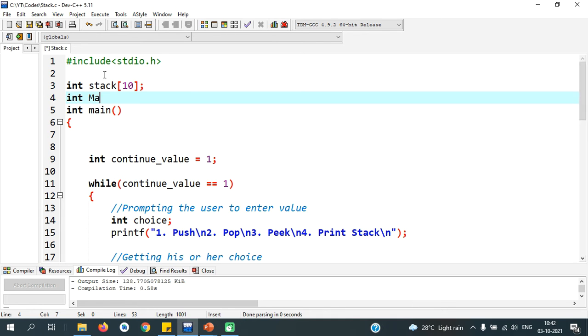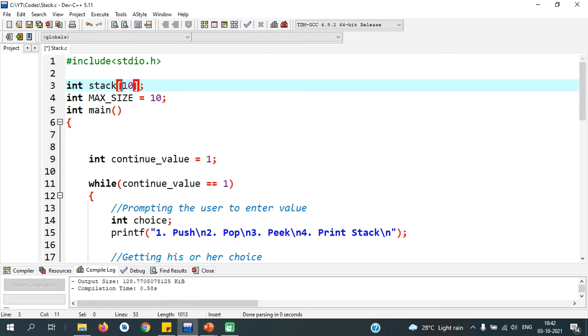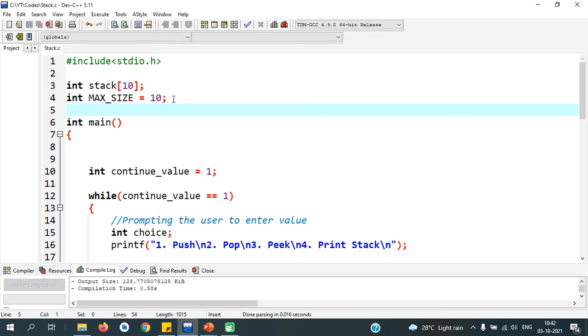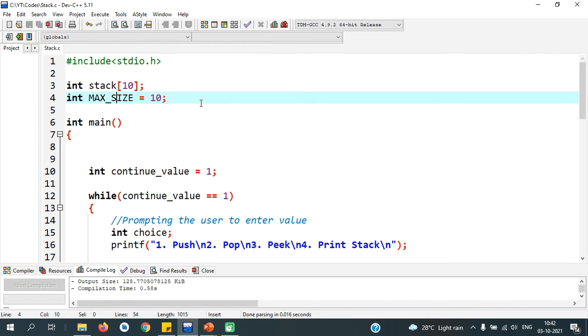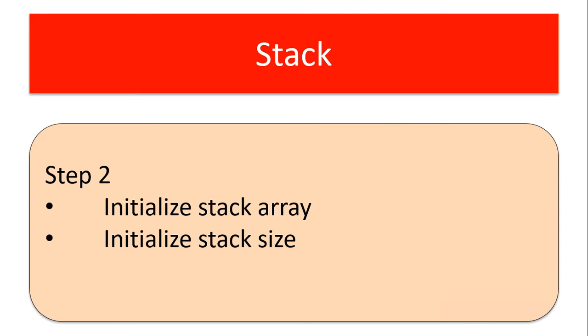Int max size equal to 10. So this 10 is equal to the size of the stack. So we have initialized a stack array, and we have initialized the maximum size of stack. Now initializing stack array and initializing maximum size is over.